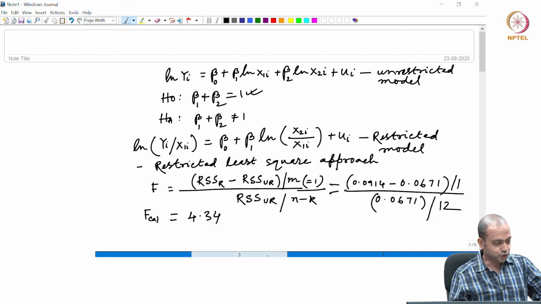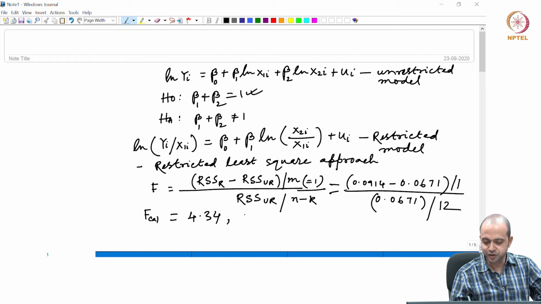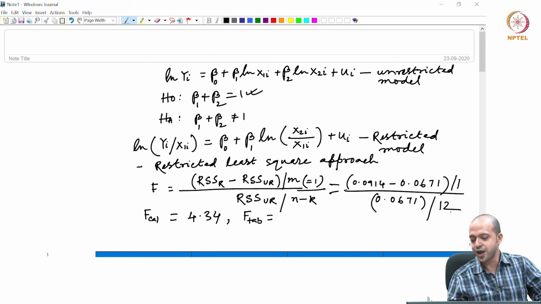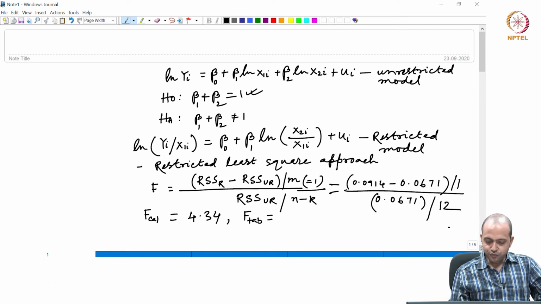You have to look at the value of f from the f table at 1%, 5% and 10% level of significance, and f tabulated equals to... and what would be the degrees of freedom? Please keep in mind, the degrees of freedom would be 1 and 12. So in the f table, if you specify n1 equals to 1 and n2 equals to 12, then you will get the value for a specific level of significance. So the value of f is